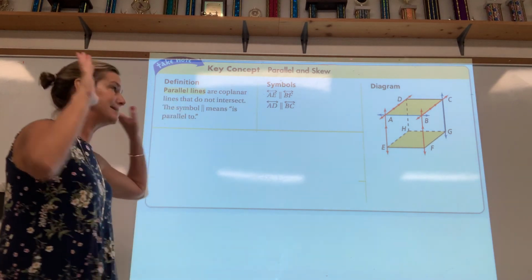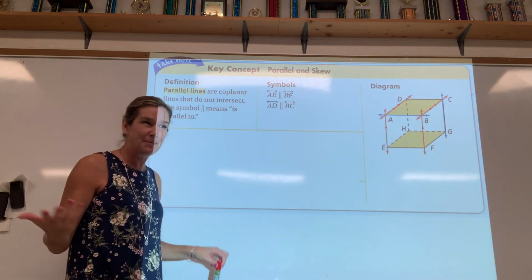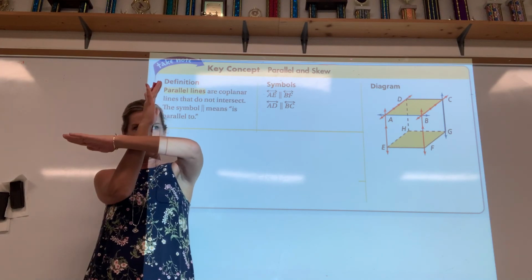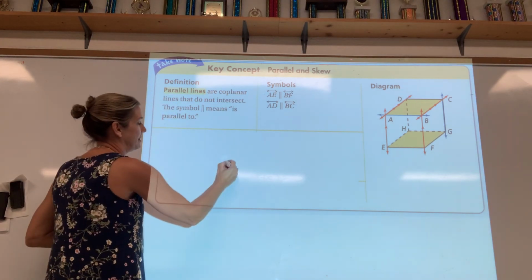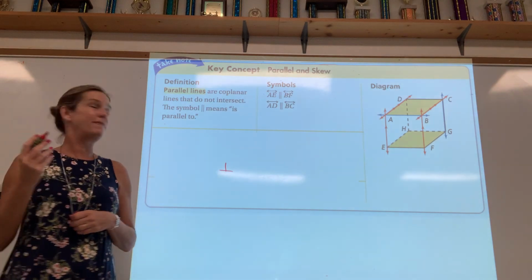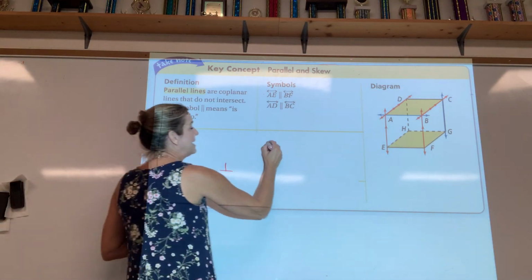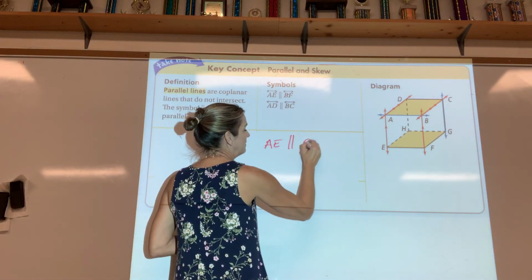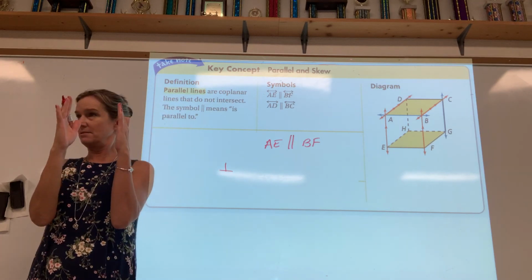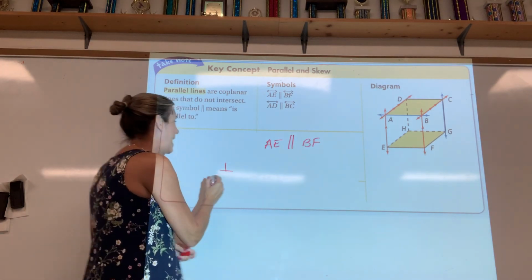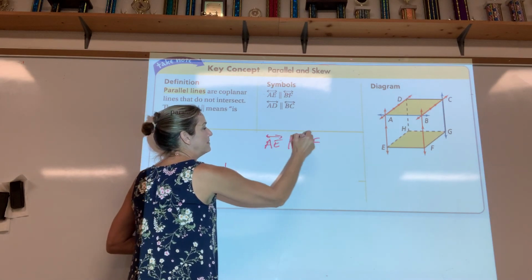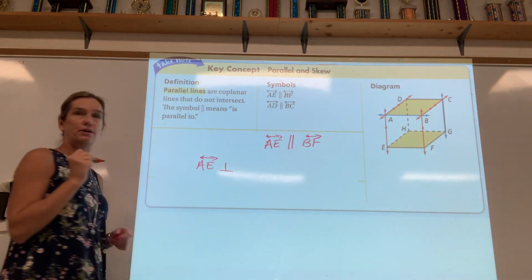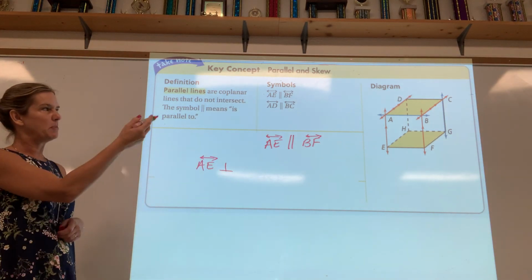Now while I'm at it, because I think you guys can remember it anyway, even though it's not really part of today's lesson, perpendicular lines are lines that make a right angle. The symbol for perpendicular is an upside down T. So if I say line AE is parallel to line BF, that's parallel. But line AE, I should have put the line symbol above it, line AE is perpendicular to